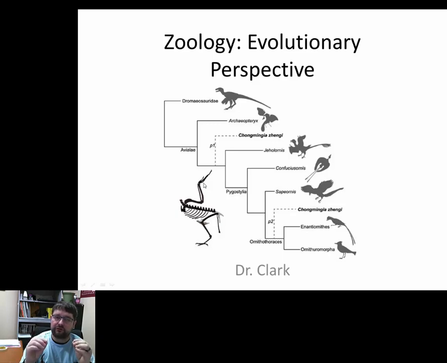And we know this because we can manipulate the genes that cause feathers to form. We can manipulate them, and instead of a feather forming there, we can have a scale form there. And there's lots of situations where we've done this. We've made chickens that have no feathers and are just purely scales, which look a lot like dinosaurs, to tell you the truth. So there's all kinds of things that we have been able to do with the discovery of modern genetics and with the discovery of more transitional fossils. So you get both these pieces working together.